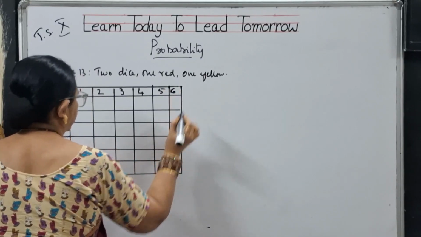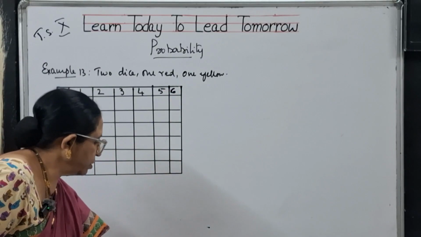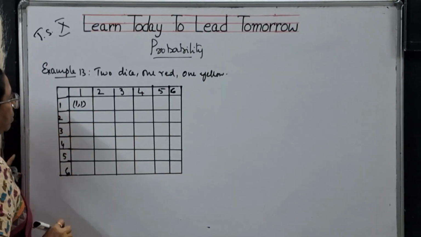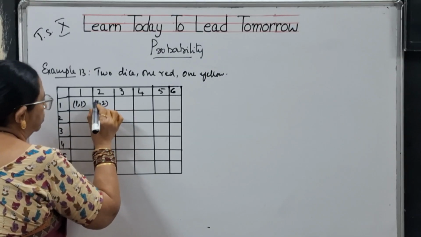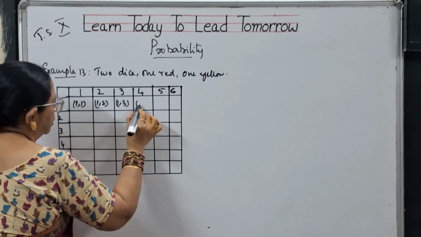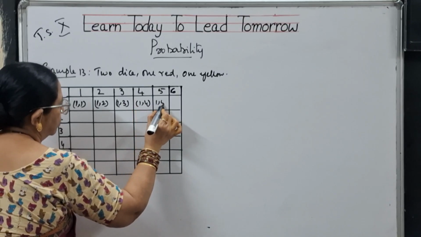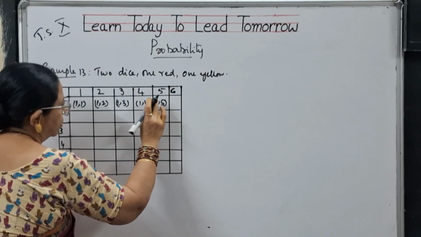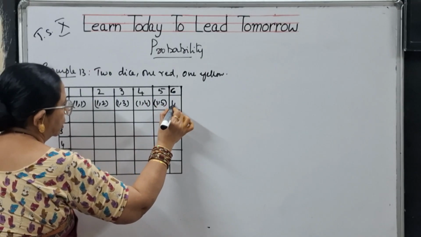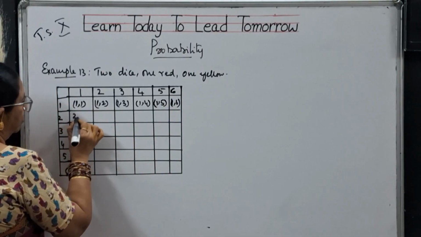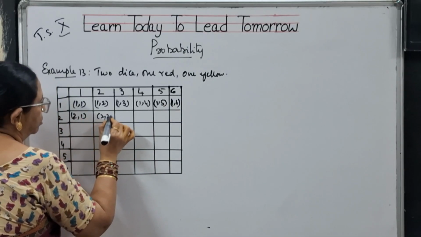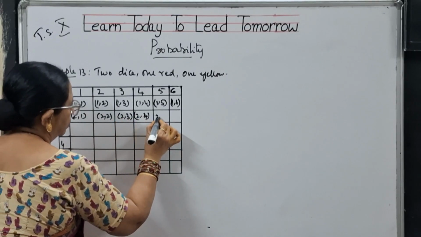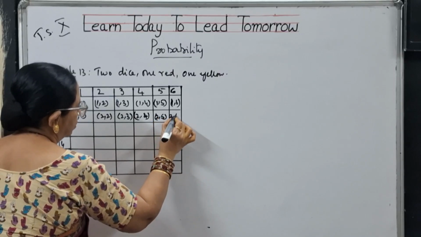Let me first write the way in which these two cross, that is 1 comma 1. We will write it as an ordered pair here. 1 comma 2, 1 comma 3, 1 comma 4, 1 comma 5, 1 comma 6, 2 comma 1, 2 comma 2, 2 comma 3, 2 comma 4, 2 comma 5, 2 comma 6,